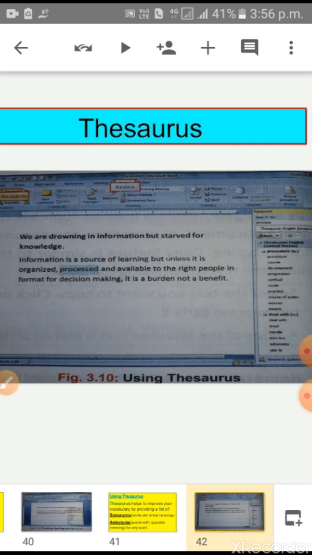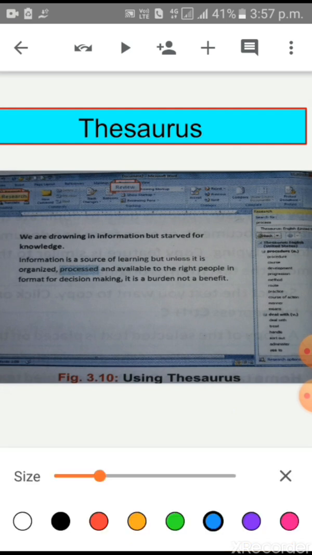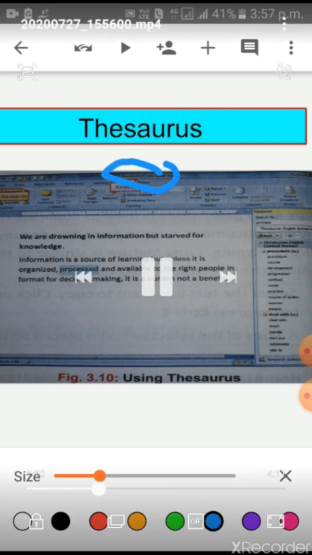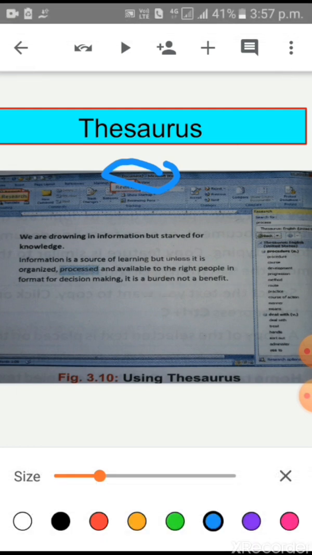After that, click the review button. This is the review tab. Pointing to the proofing group, select the thesaurus command at the right hand side.